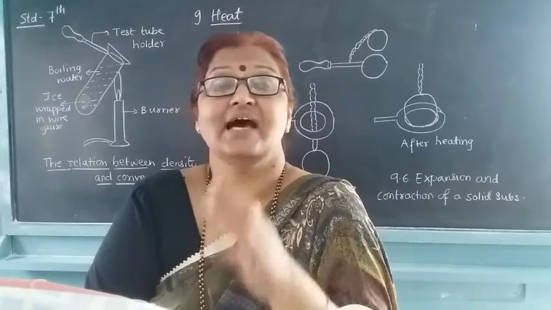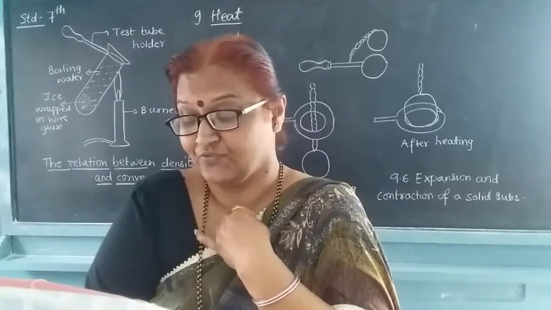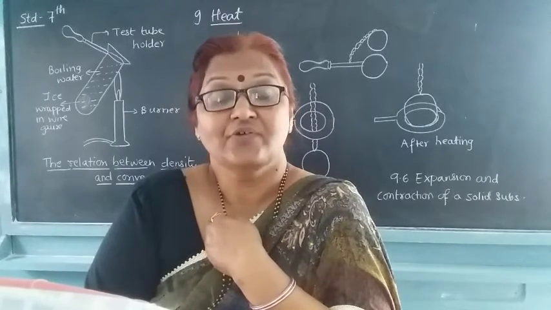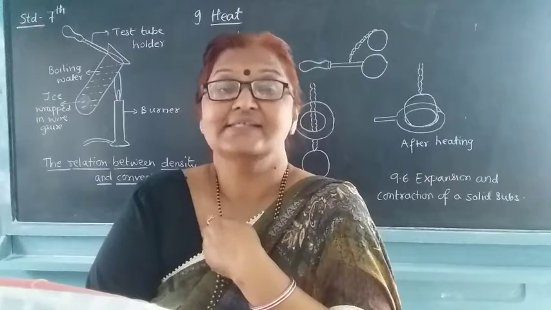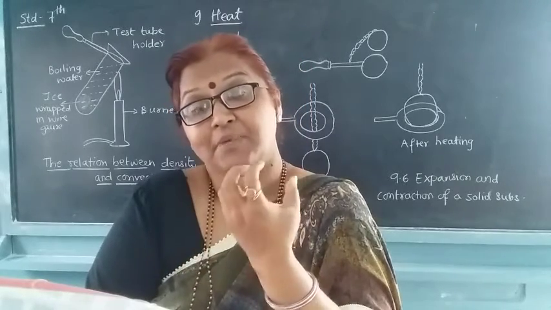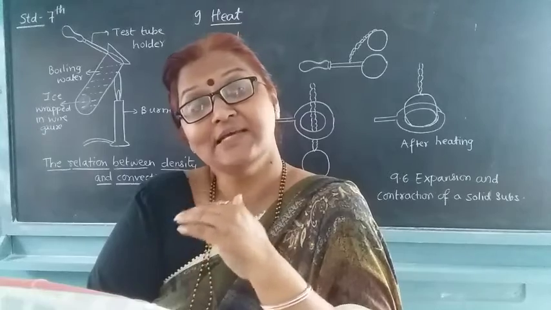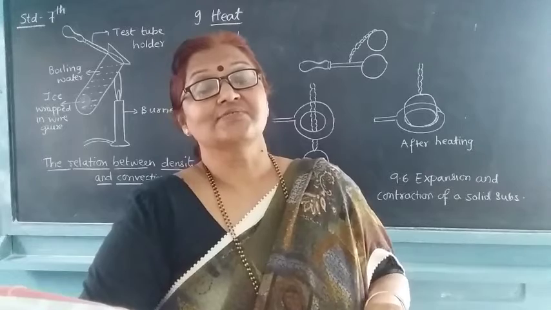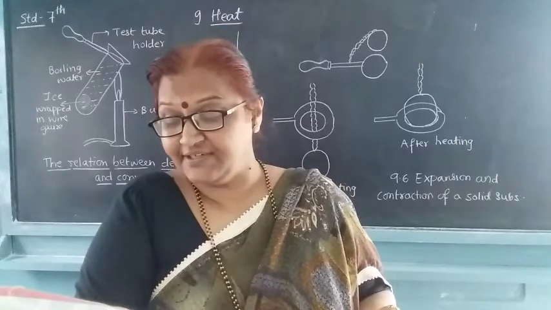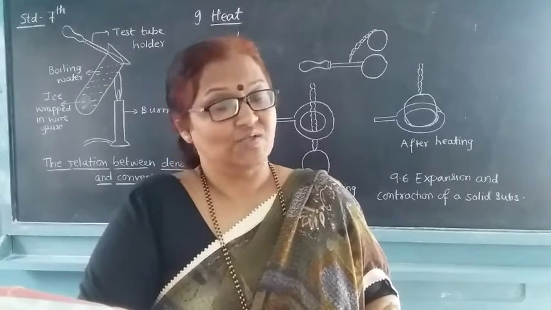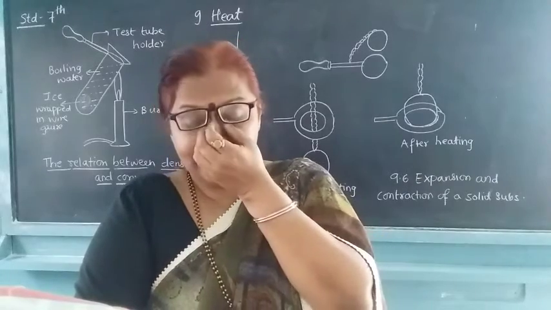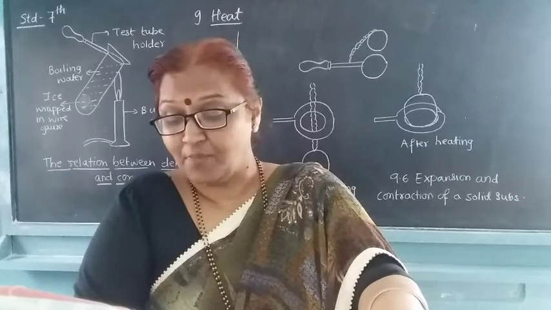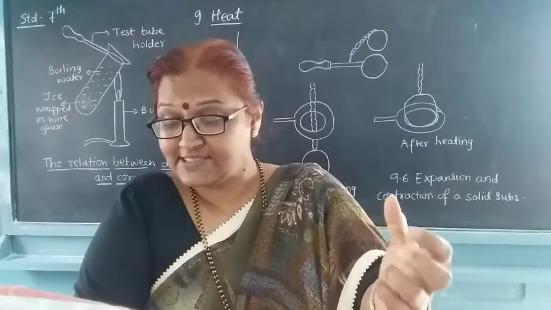Some substances are good conductors of heat. Whenever you see these materials, you may come to one conclusion: some materials become hot while some materials become less hot. Why is this? Because there are substances which are good conductors of heat, while some are bad conductors of heat. Heat is easily conducted through the copper strip or rod.